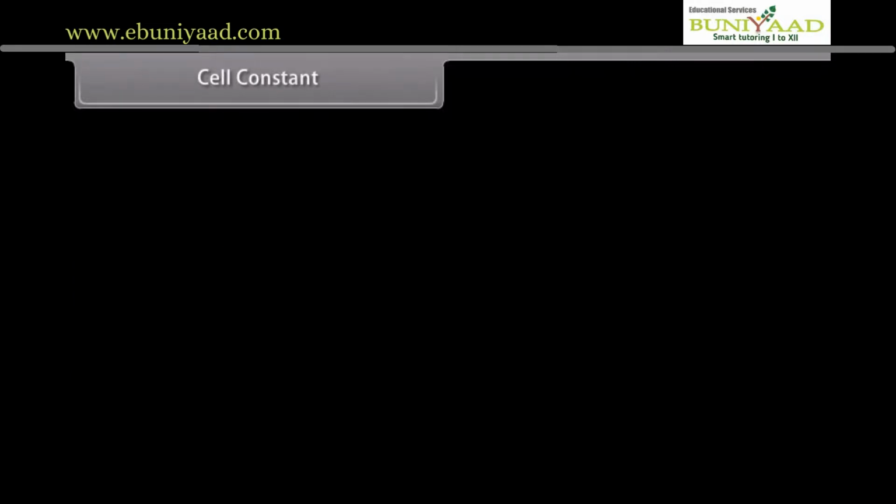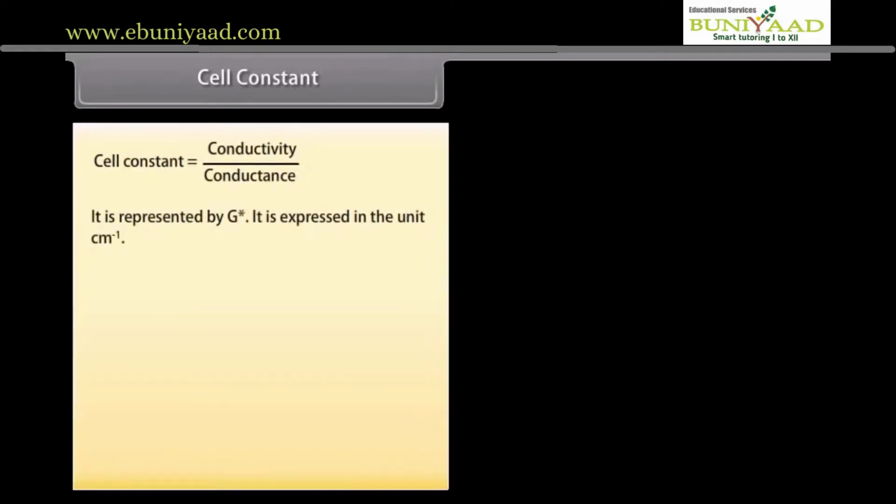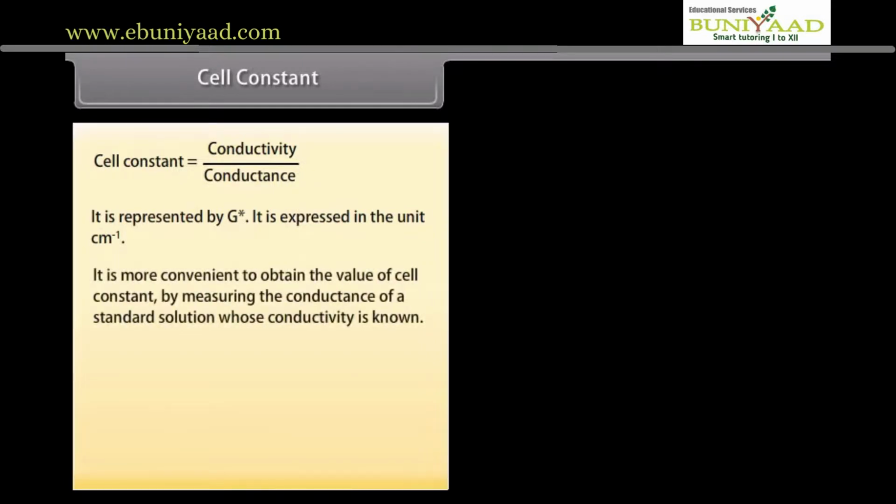Cell constant. Cell constant is equal to conductivity upon conductance. It is represented by G*. It is expressed in the unit centimeter inverse. It is more convenient to obtain the value of cell constant by measuring the conductance of a standard solution whose